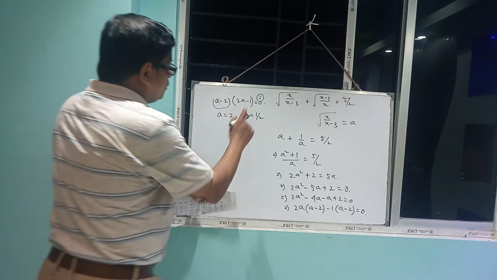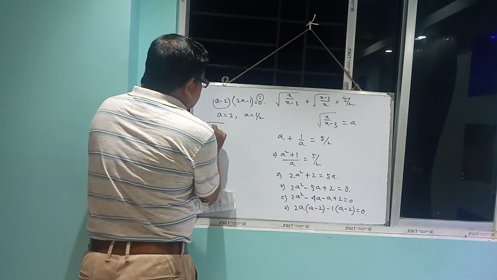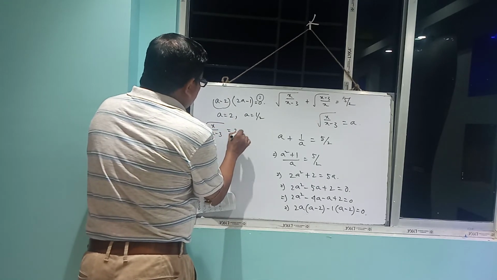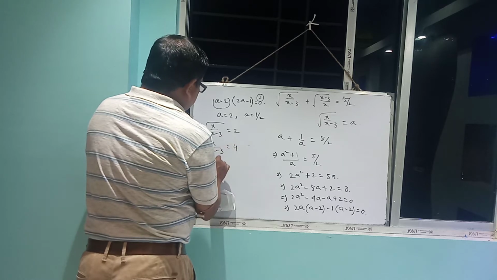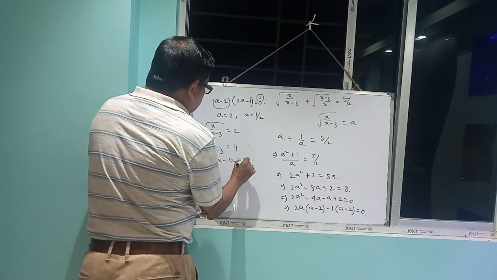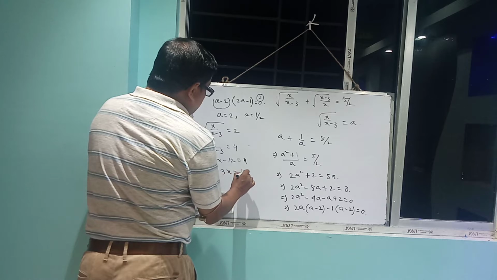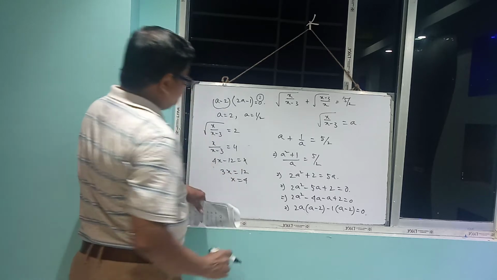Okay. Now you put the value: root under x by x minus 3 equals 2. Now squaring both sides, x by x minus 3 equals 4. Then 4x minus 12 equals x. So write 3x equals 12, x equals 4. Okay,